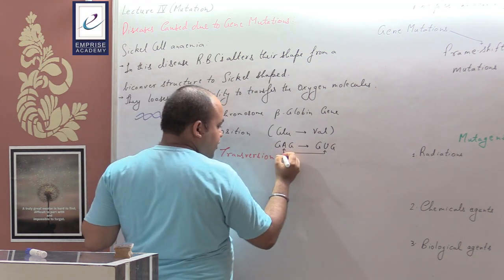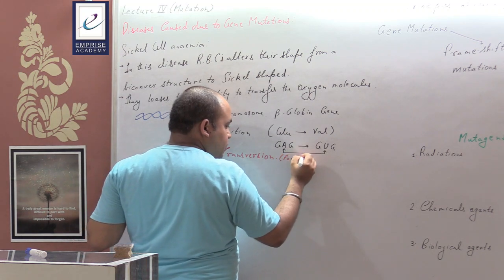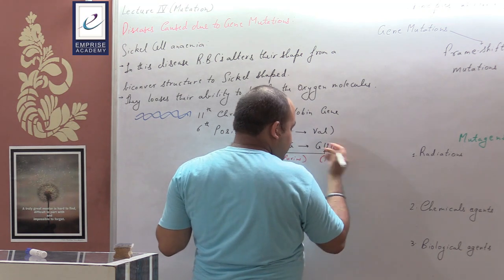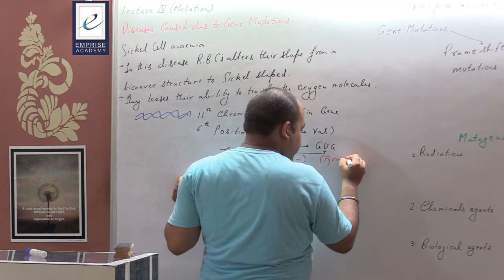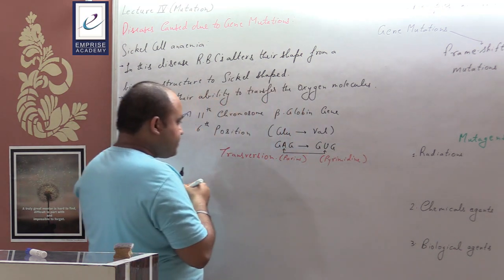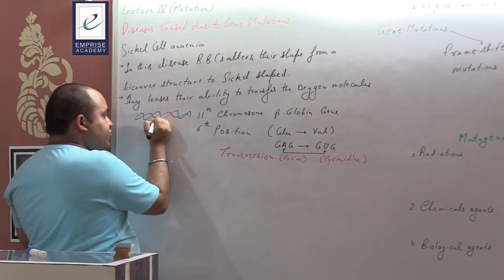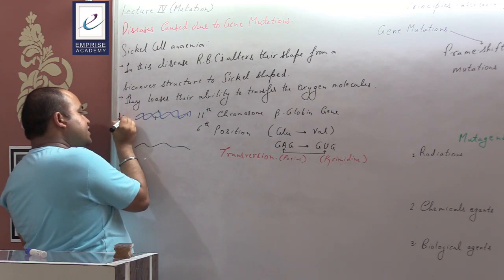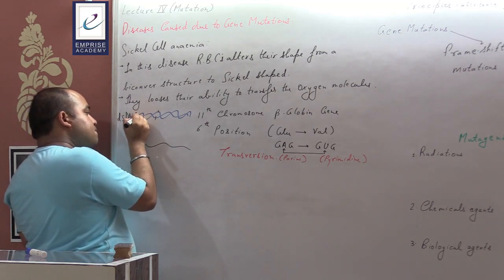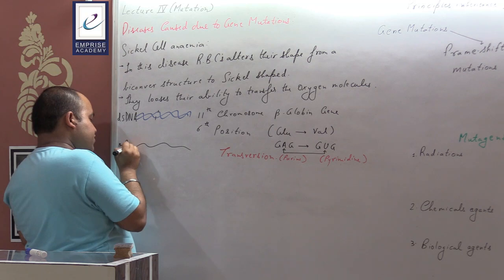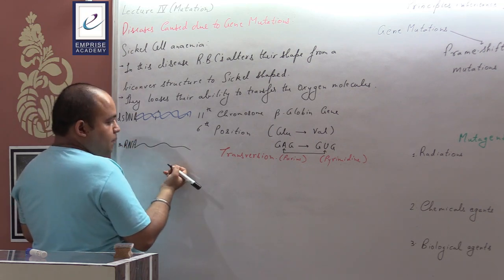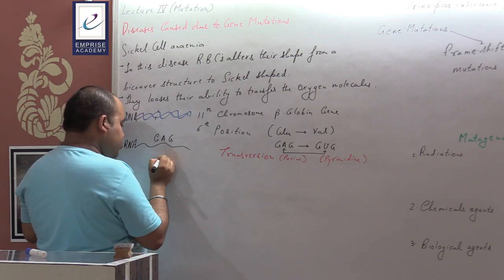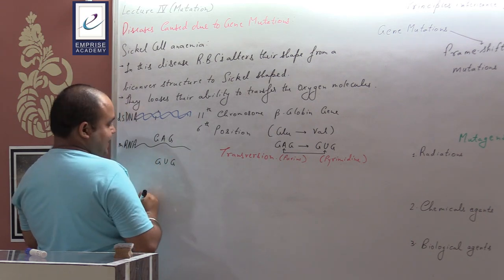Because the purine has been converted into pyrimidine, has been transformed into pyrimidine. Okay. So at certain key important point within the DNA,